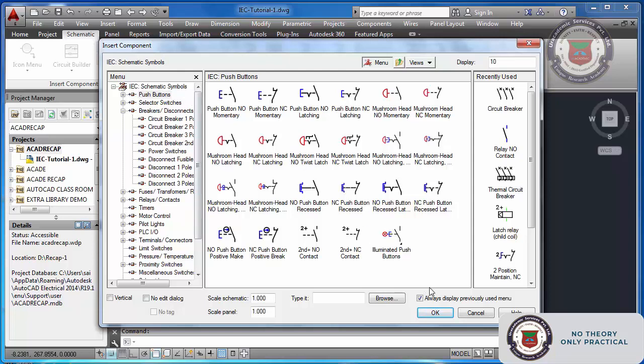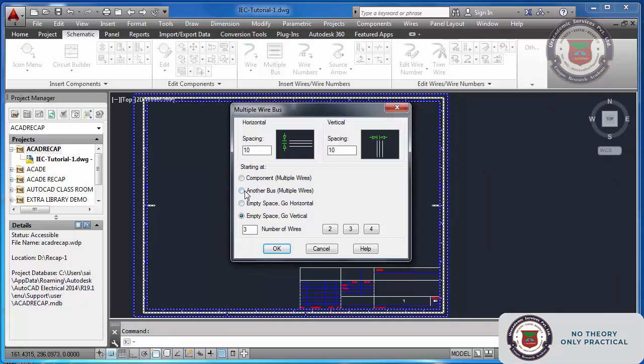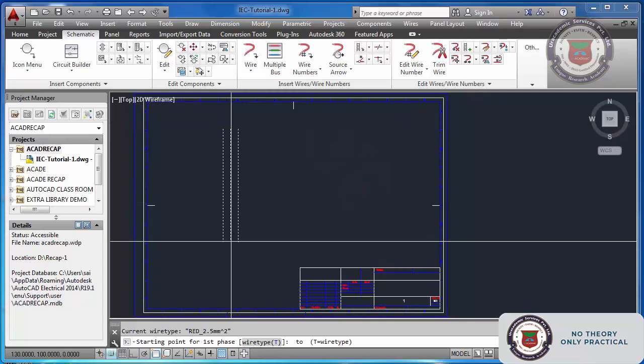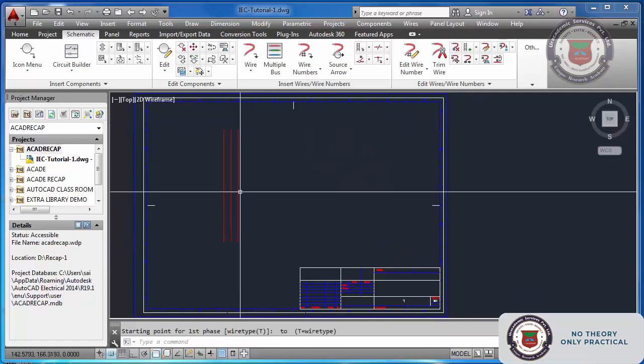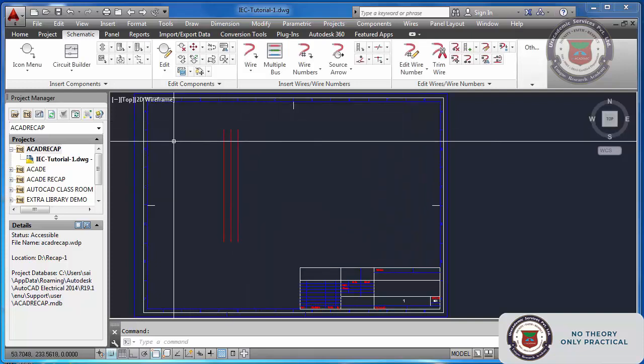Now if I draw a few wires here, I am drawing a vertical empty space like this. See, again here you have to change the spacing. When you switch over from JIC to IEC, the spacing may be different. So you have to check this spacing as per your title block.